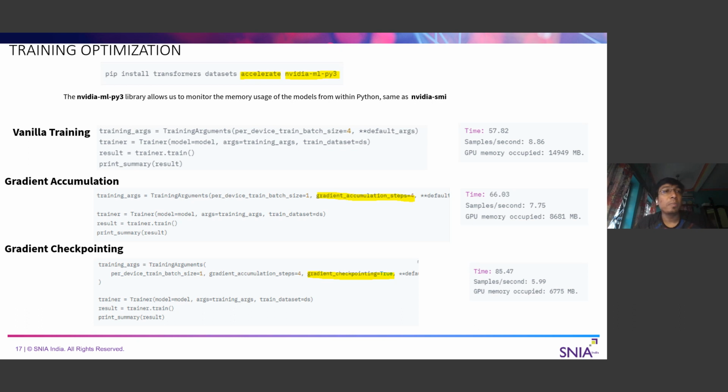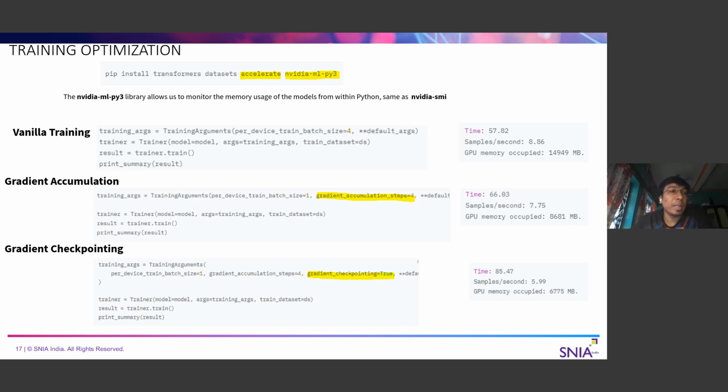Now, one thing that is very important is the optimization of your training, because as you all know, fine-tuning or working with a large language model is computationally very complex, very costly. So we cannot afford to just keep on training. It will ask for a lot of time, a lot of GPU memory, which is costly. So we have to come to a trade-off or a proper set of optimization techniques so that the training is actually feasible.